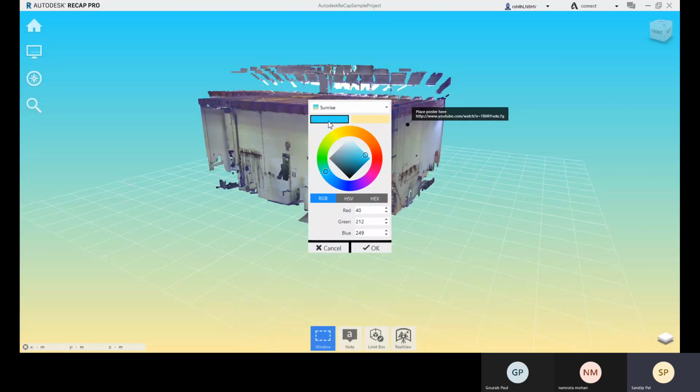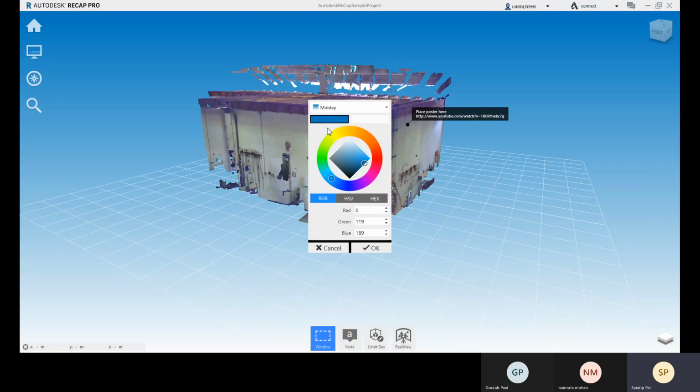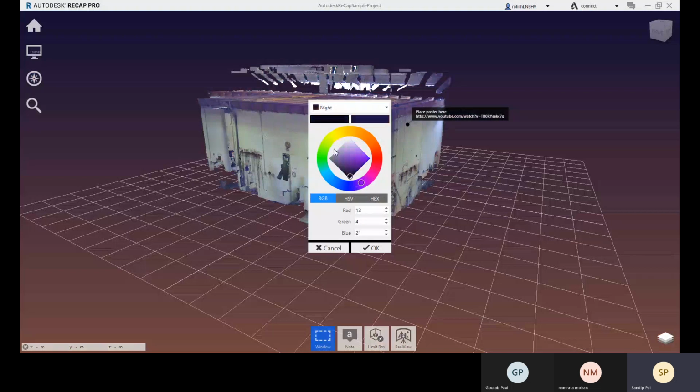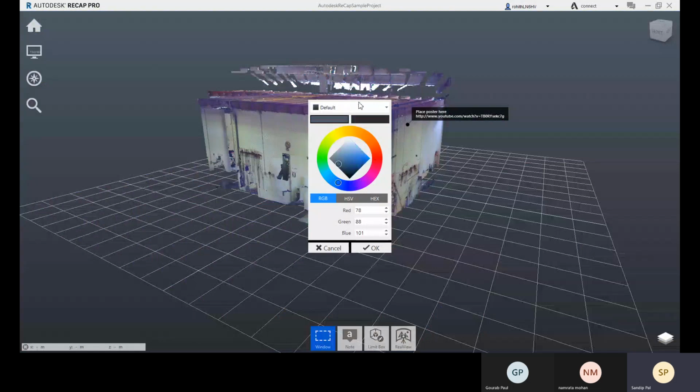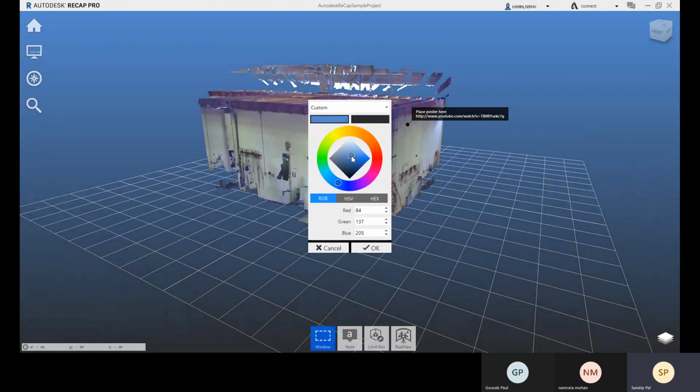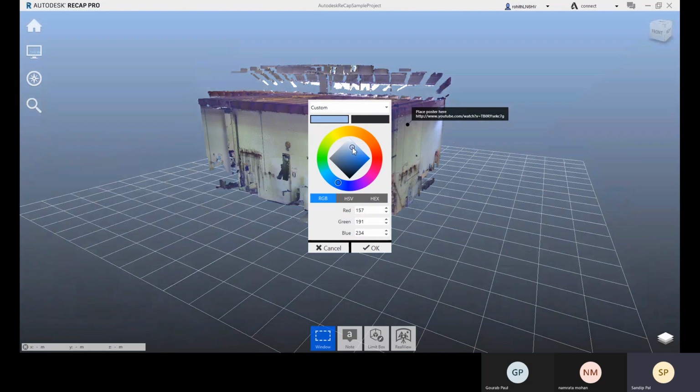We have some presets, so you can choose from these options, or else you can define your own.